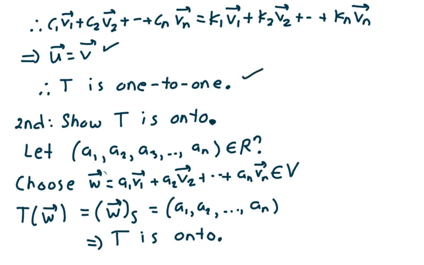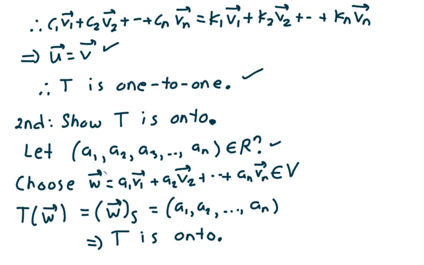Now, we want to show T is onto. Let (a1, a2, a3 through an) belong to Rn. Choose w, which is a linear combination of the vectors in S, where the coefficients of